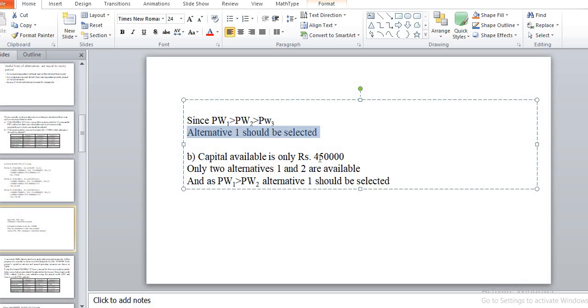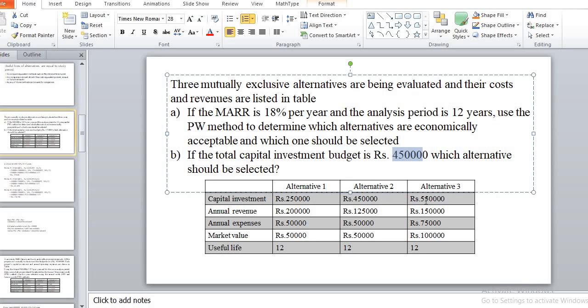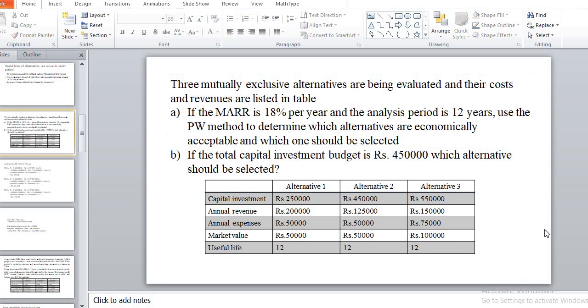Now in the second question, they ask which project is suitable when the budget is 4,50,000. If you look at the given projects, for the third project the investment is 5,50,000. If the budget is 4,50,000, you cannot consider the third project at 5,50,000 for the comparison. As the budget in the second case is very low, so 4,50,000, the third project we ignore automatically, and we should compare